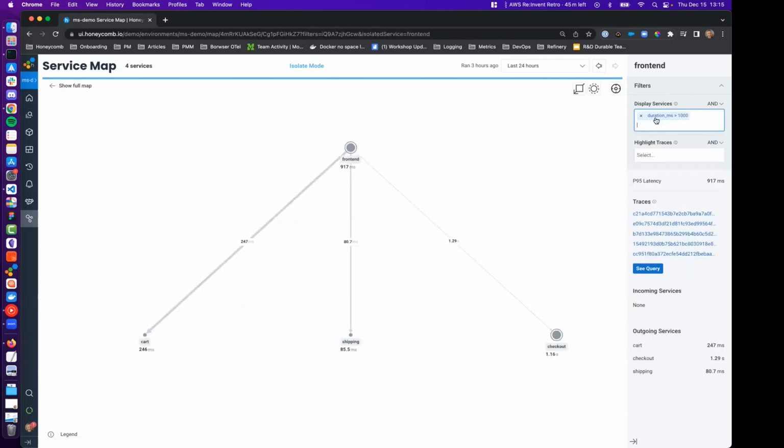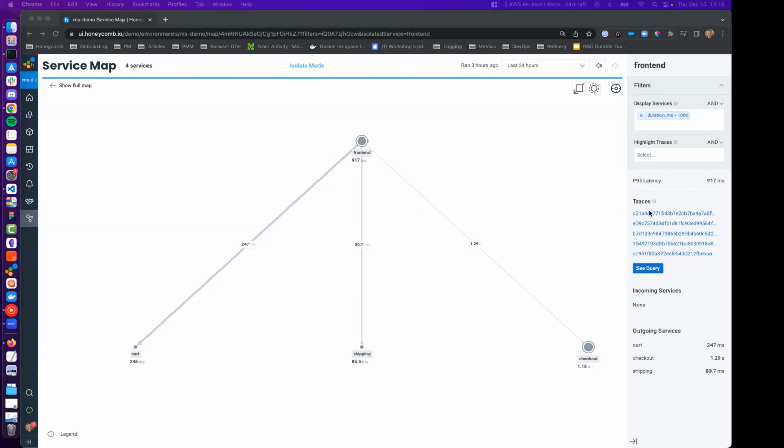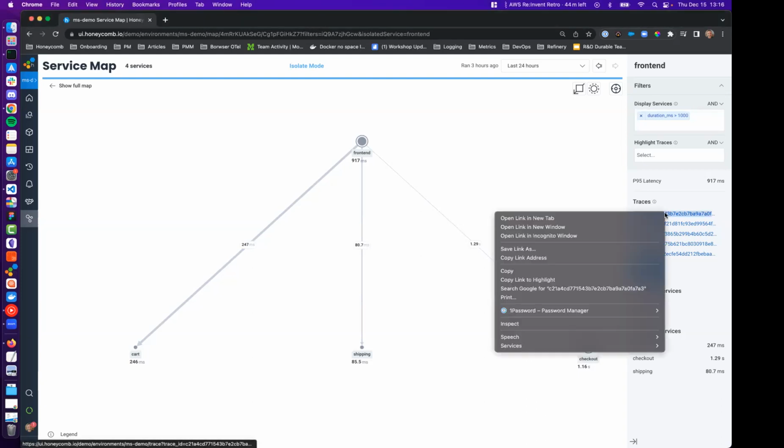Hit enter. Okay. So let's say I'm looking for latent services here, or like some requests that are more latent. So I can go ahead and say I want to display the services with only a duration of 1,000 milliseconds. So I was able to remove even more noise. So now I see, okay, the cart service, shipping service, and the checkout service, that's what's giving me some latent requests. And here's some traces that should meet that criteria. So if I go to that trace,